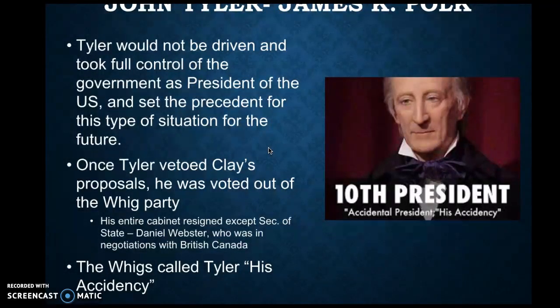John Tyler would not be controlled. He is going to be his own president, right? He's going to do his own thing. So once Tyler vetoes Clay's proposals and pushes back against Clay, the Whig Party votes him out. His entire cabinet resigns, except for his Secretary of State, Webster, because Webster is negotiating a deal with Britain and Canada for our boundary up there with Oregon and Washington. So the Whigs call John Tyler his accidency, not his excellency, but his accidency, because apparently he was the accident